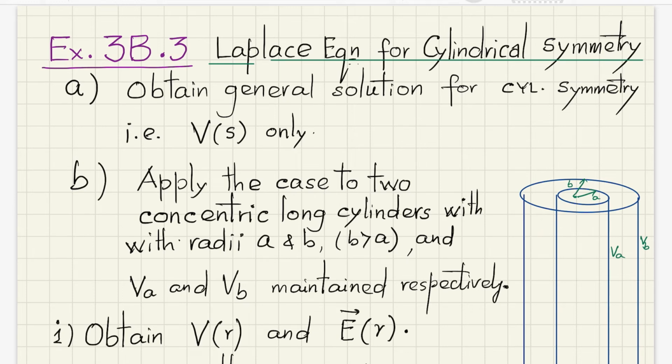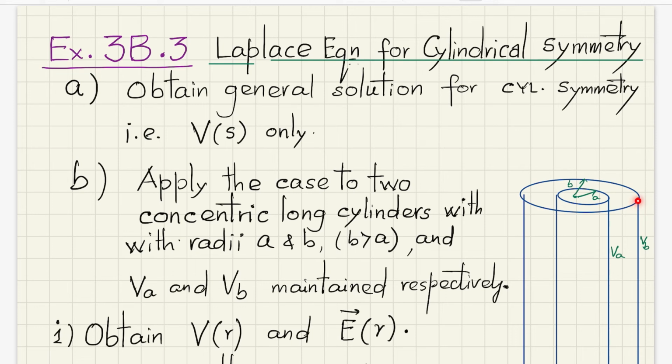First we will get a general solution for cylindrical symmetry, which means V depends only on S, V of S. Then we'll apply this to the case of two long concentric cylinders, one at radius S equal to A and the other at S equal to B, where B is greater than A, maintained at VA and VB. We want V of S and E of S,